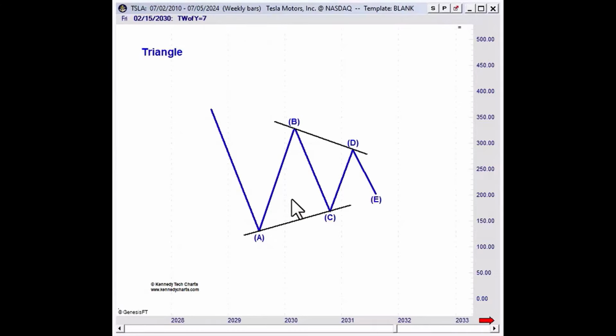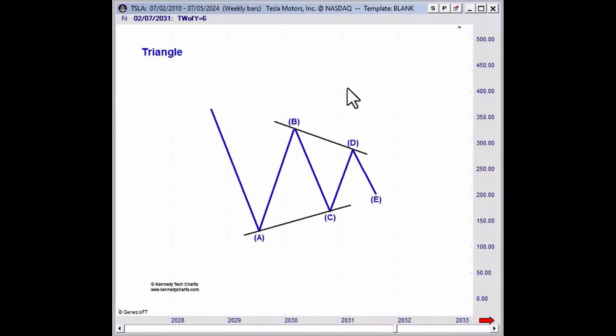Typically one wave is going to be complicated, meaning complex, so that's going to unfold as a double zigzag, which we will identify as WXY. And more often than not, that's going to be wave C. If it's not wave C, from my experience, I find it's wave B. And if it's not wave B, then it's going to be wave A. Okay, so let's look at the basic